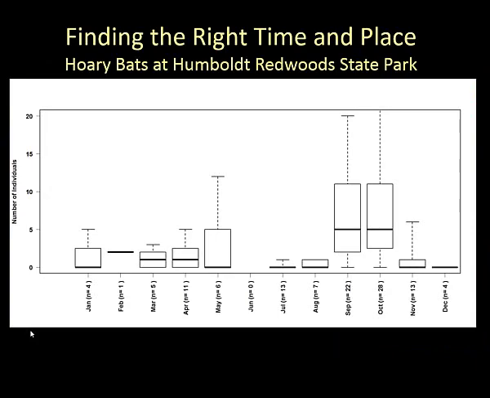I think part of the reason is that most work by biologists has been done during the summer, and even at this site that we know is a hot spot, we can't find these bats very often in the summer. We do most of our work in the fall, and during that period we get a median of about 6 hoary bats per survey. Sometimes we get 20 or even 30 individuals in a single night. And again, 95% of the captures we make are of male bats, so there's something going on here with sexual segregation in this species.